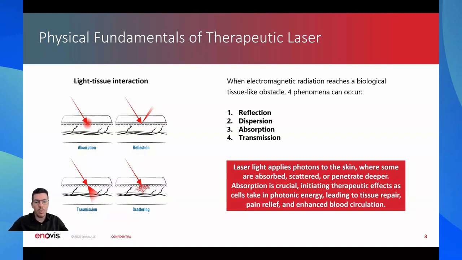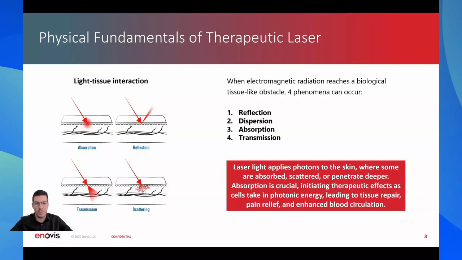A portion of the light can be reflected off the skin and not penetrate, another part is scattered in multiple directions within the tissue, and a fraction manages to be transmitted in depth. However, only the light that is absorbed generates a biological response, stimulates ATP production, reduces inflammation, promotes tissue regeneration, and improves microcirculation. Therefore, understanding this interaction between light and tissue is essential to optimize the treatment and enhance the clinical